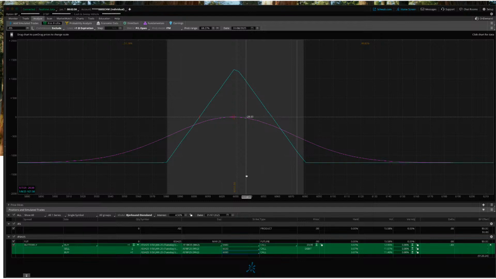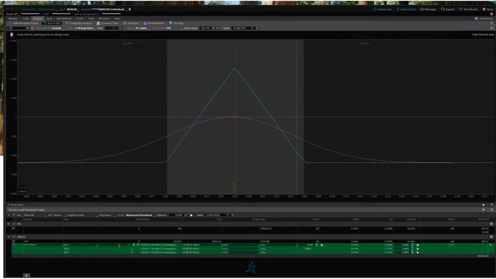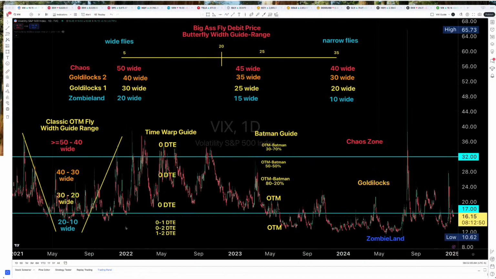But that heightened expectation for those economic reports, especially considering where we are in this market, is the focus. Let's do one more thing here before we go deep into that and look at our direction,